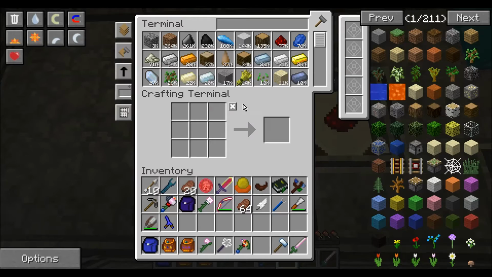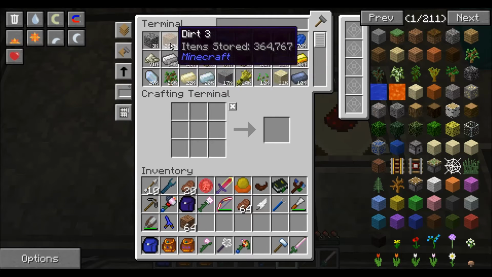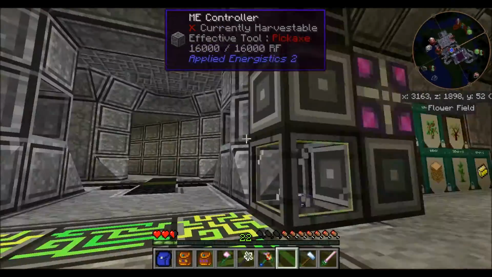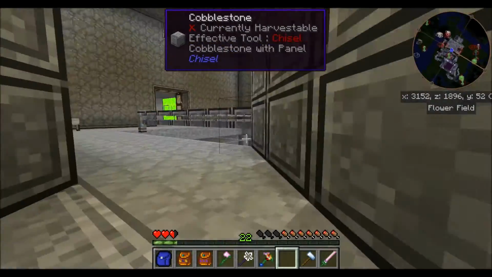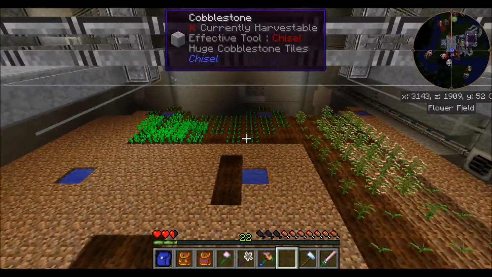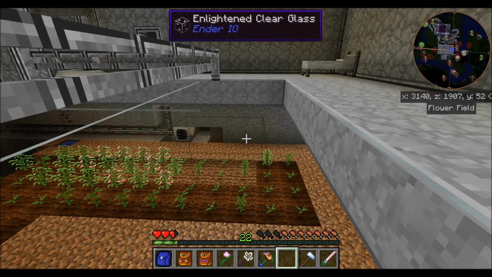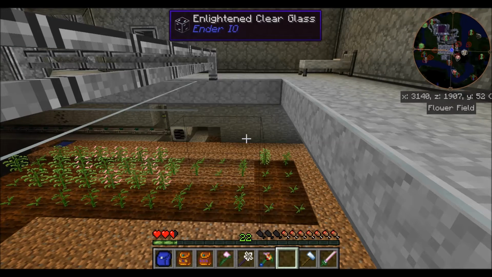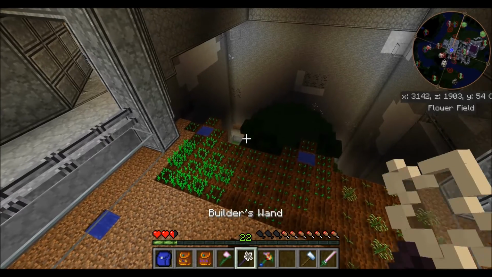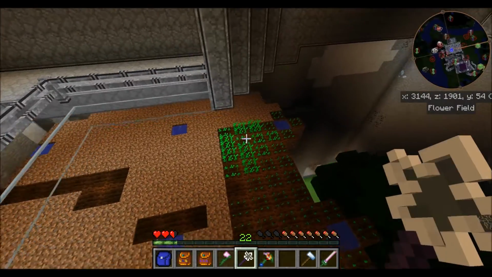And what I want to do today is stop using the teleport so much, because I think it's kind of cheating, even though it is part of the mod pack. If I wasn't an op on the server, I wouldn't be able to use it. So what I plan on doing today is pretty much building out